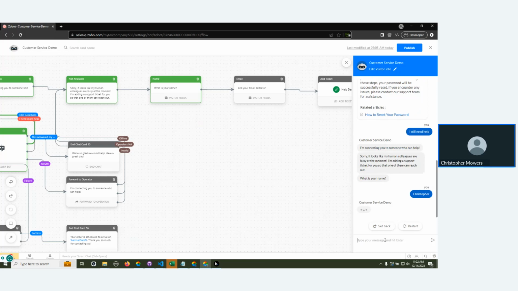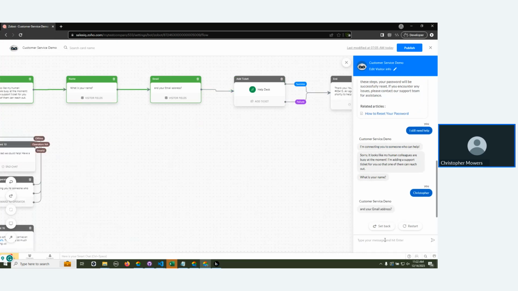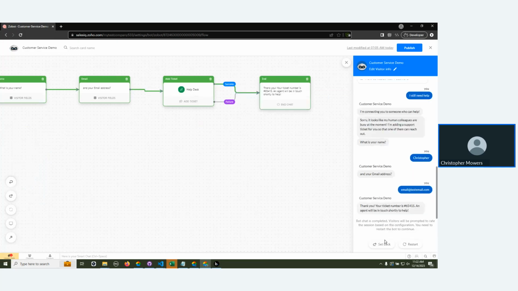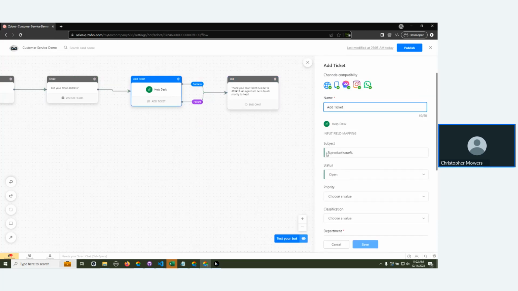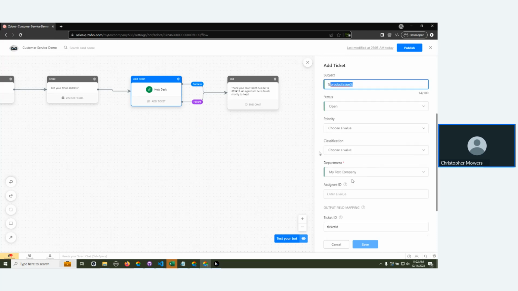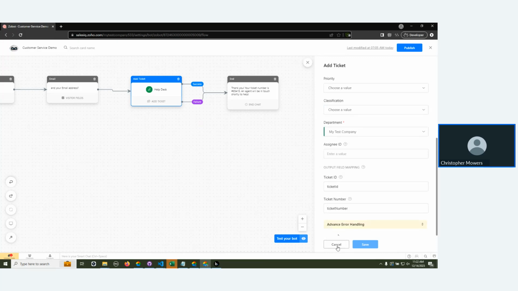Because I've already typed my issue, I'm not asking for that again, but I do need an email address. And so let's use one for the moment. Thank you. Here's your ticket number. An agent will be in touch shortly to help. And you can see I've actually integrated here with Zoho Desk. And so I've set the issue that they've described. And you can set these other things. And so if you're in Zoho One or if you have Zoho Desk, you can integrate with Zoho Desk and